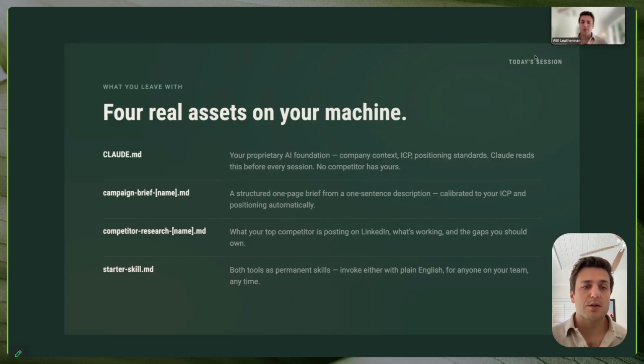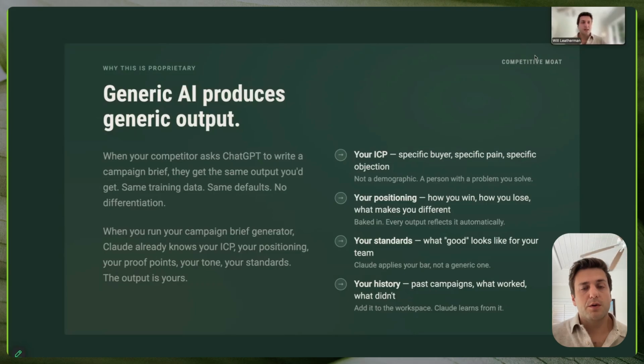And then, so we'll make the campaign brief skill, the competitor research brief skill, and the starter skill. We'll also talk about something called a manifest file. And a manifest file is high level. Think of it like an index to a book. It just has context of what is all available to it on your machine and in your folder. So the reason this is proprietary and how this is actually building a competitive moat for you and your business is